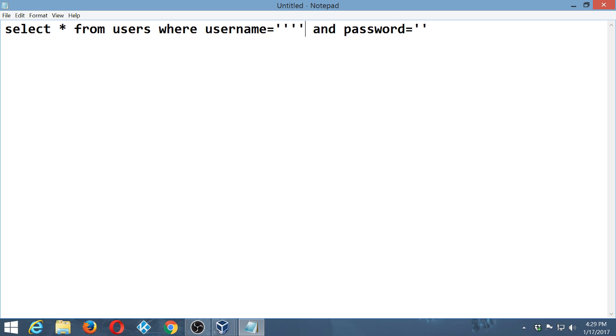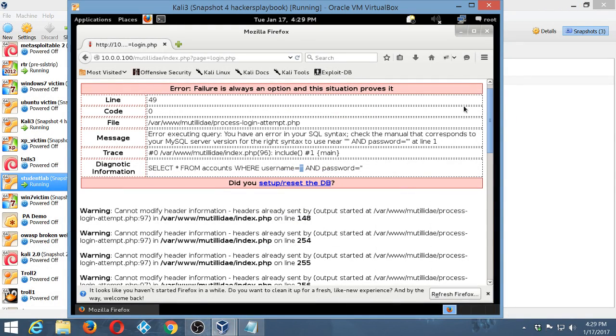We need to have an extra one right there, right, at the beginning and end. And then when I do my dash dash, or what I'm going to do a little bit later on, dash dash space, I can also comment out this whole section altogether. So let's go ahead and do that. So if I come back down here